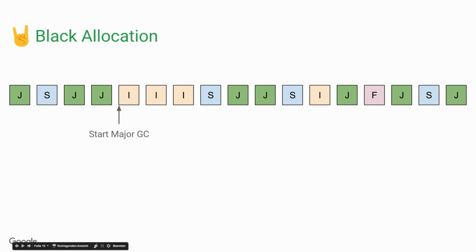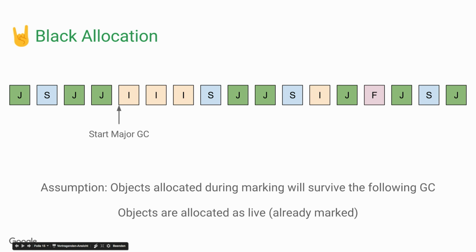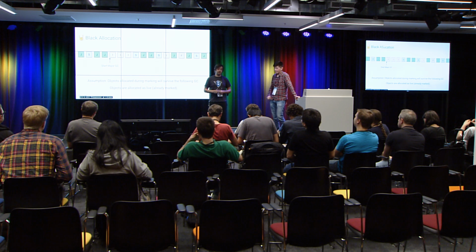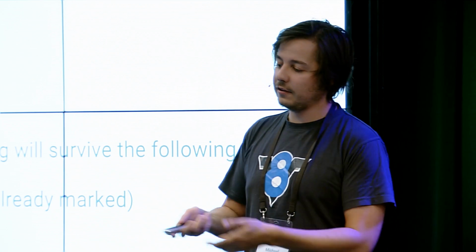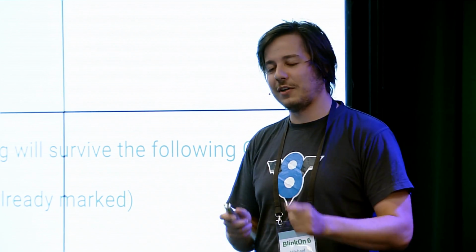What you basically do is assume that objects that are allocated during marking survive the following GC. This is usually true if marking goes fast, and this optimization helps make marking faster. So we have our incremental marking steps, then at some point we decide that black allocation should kick in. What happens then is